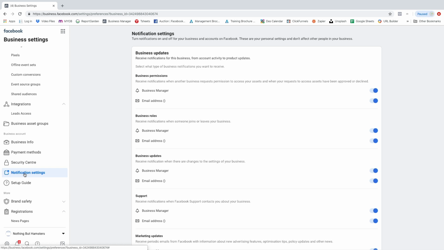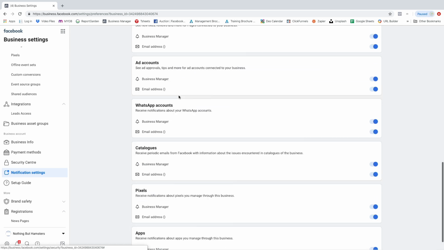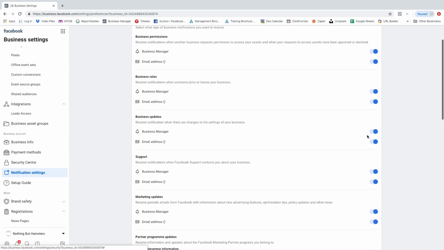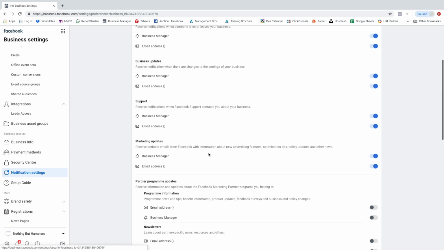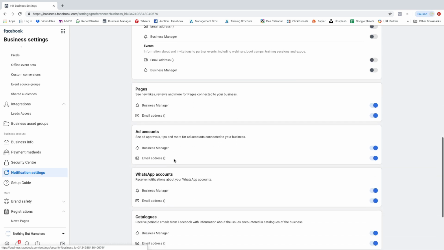Notifications, and this is a really great one to know because a lot of people are quite nervous of adding Facebook to their personal email address because of the numerous notifications that you keep getting. But if you come through here, you're actually able to control how many emails you're getting and what emails you're getting from them. So this is not only the notifications from your business manager, so anybody who has been added on as a business manager, any support emails that you're getting, marketing advice, if your partners have done things,